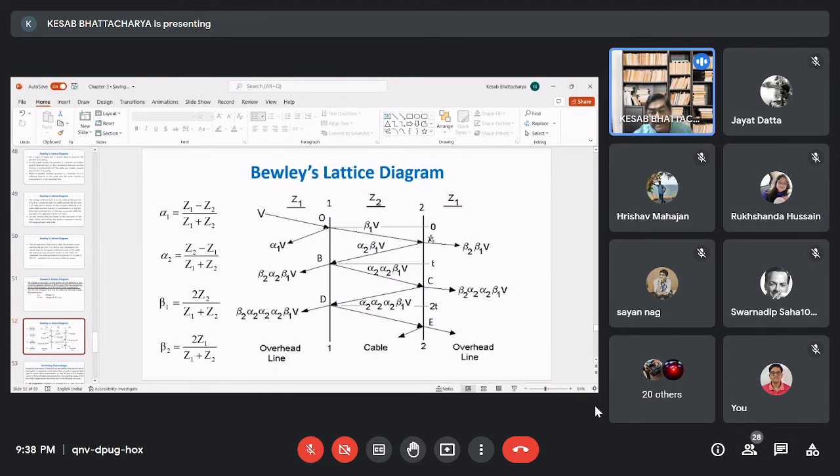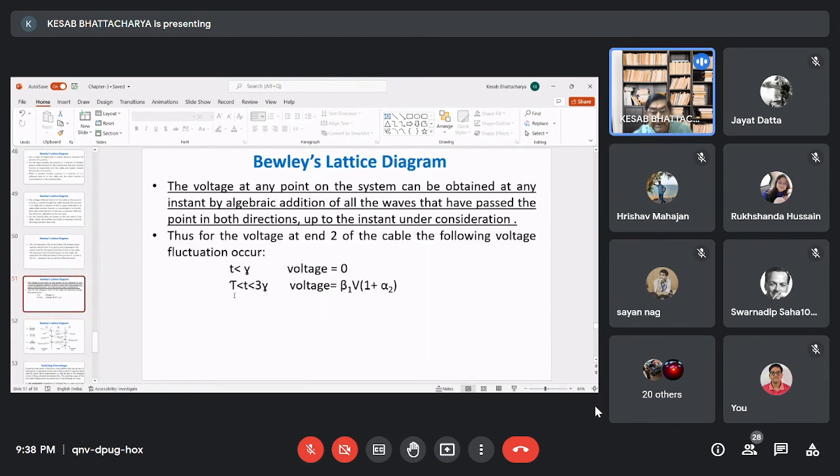Now from here, it will be reflected back and come over here. So here it is tau plus tau plus tau, 3 tau. When tau is less than T less than 3 tau,